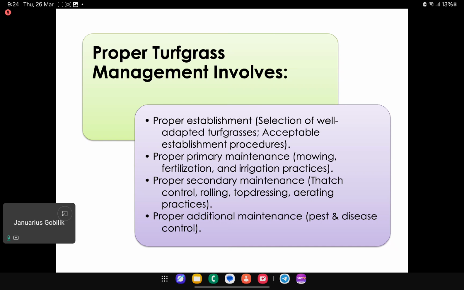Then it will cause a series of consequences to the environment, and this is what we call pollution. So that's the reason that we need to understand what is a proper establishment of turf grass,